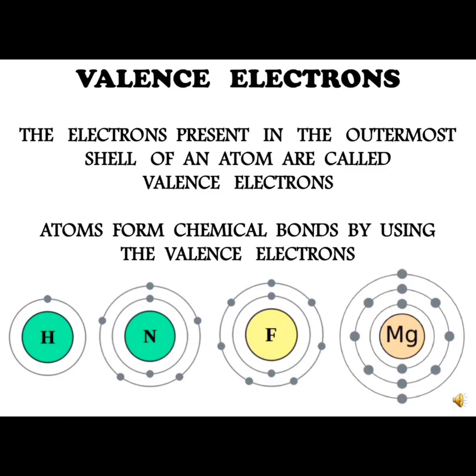But right now just understand that for the formation of molecules, you require the electrons to be getting connected with each other using chemical bonds. So that is why these valence electrons are very, very important.